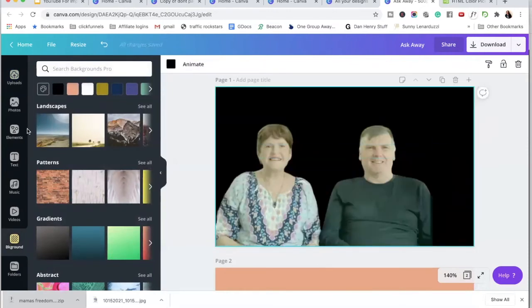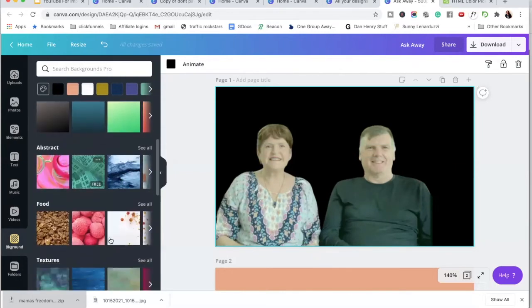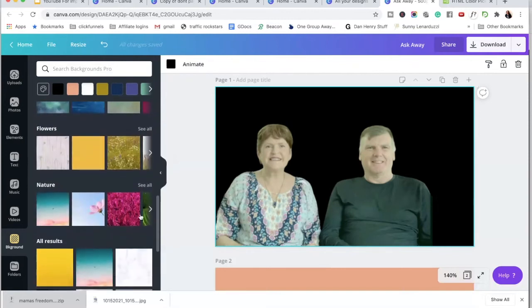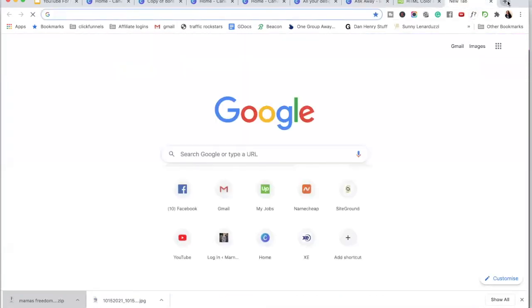Okay, so to change the background on anything, you're coming over here to the background tab. Tons of photos to choose from, tons of textures, tons of images. It's just a matter of playing with it. And like I said, if you just draw blanks when you want to design, come to Google, make Google your